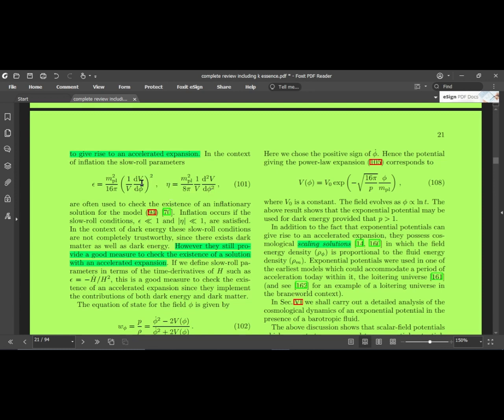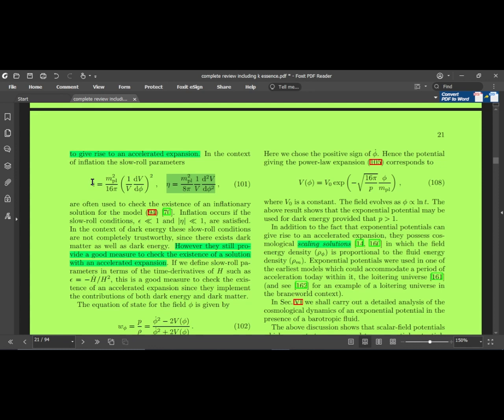And we can also define the potential having d2V over d phi squared, the second derivative, and this second derivative also has to be less than 1. So whatever the change in potential, that is going to decide the fate of the universe, and therefore we need to impose a constraint on how the potential of the field must change, and from the change of this potential we will understand everything about the universe.